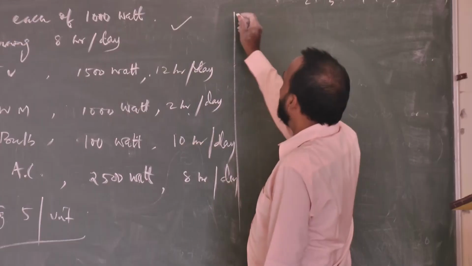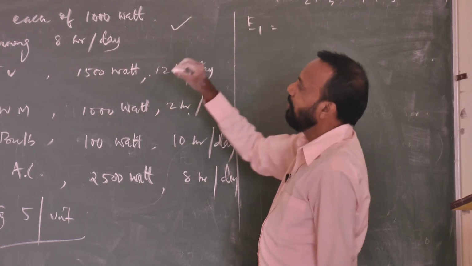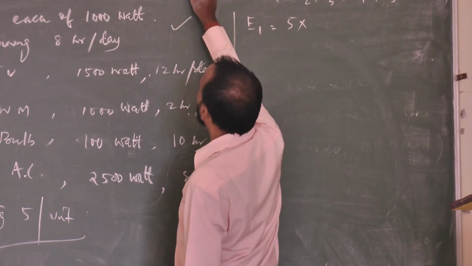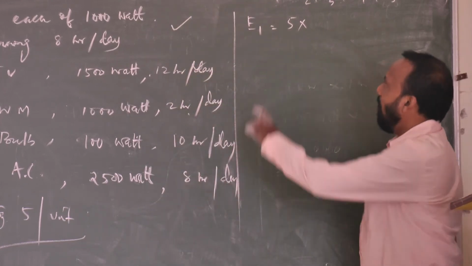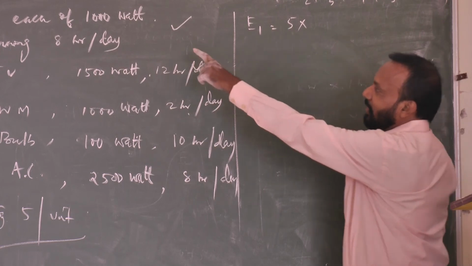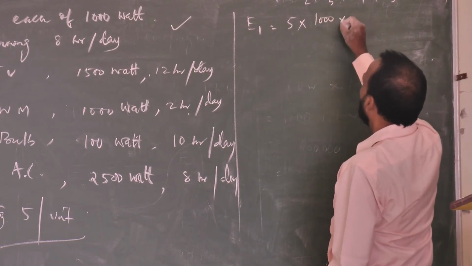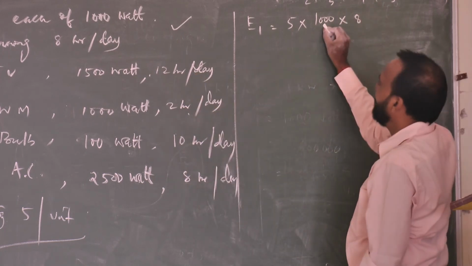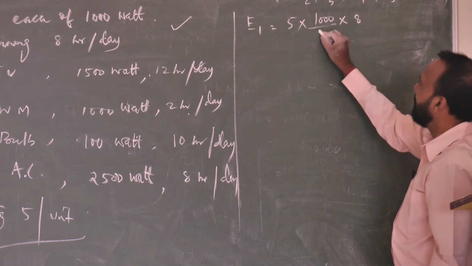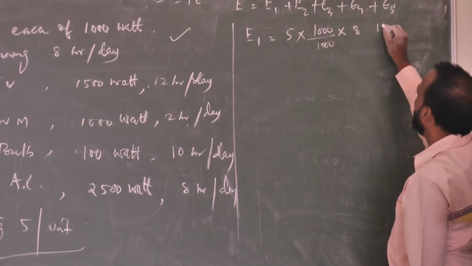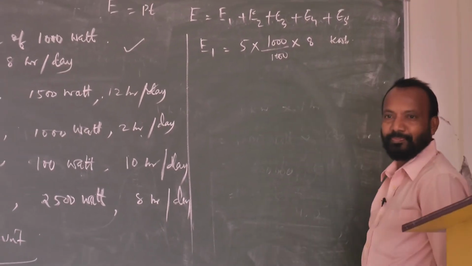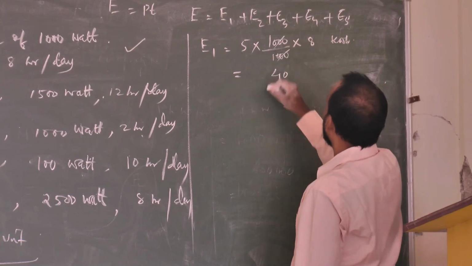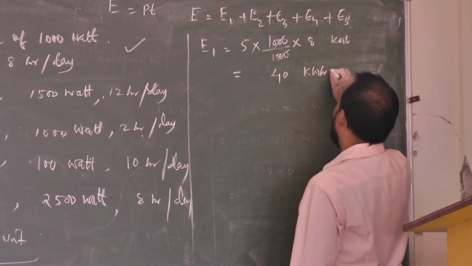Okay, let us calculate then. So this E1 is how much? E1 is equal to, how to count? How many fans? 5 fans are there. E is equal to PT, power into T, in this formula I will use. So N is 5, each is 1000 watt power, into how many hours? 8 hours. Okay, it is in watt, so I have to divide by 1000, then it will come in kilowatt hour. Yes or no? Yes. Then how much did I get here? This 1000 cancels. 5 8s are 40. This much kilowatt hour.